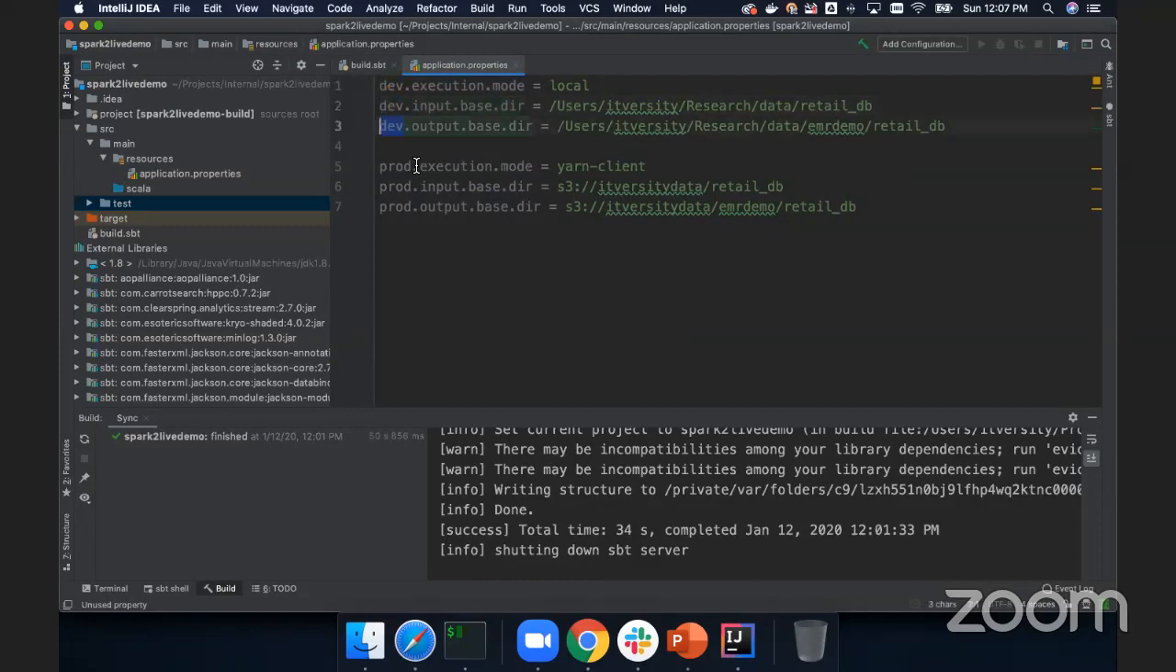Okay, and there is a prefix prod for these properties. After the first keyword, dev or prod, the rest of the name is the same. So you have execution mode for dev, execution mode for prod, input base directory for dev, input base directory for prod, output base directory for dev, output base directory for prod. So you have to provide the names like this, and depending upon your environment, you have to add the location